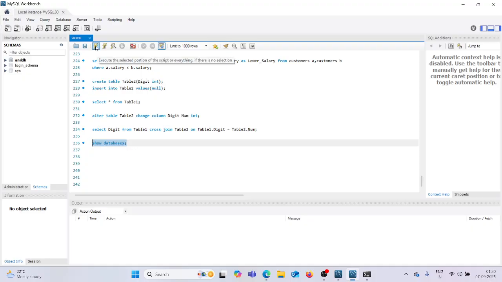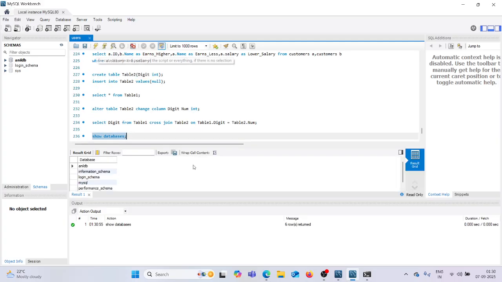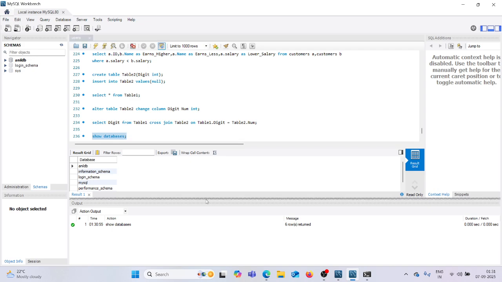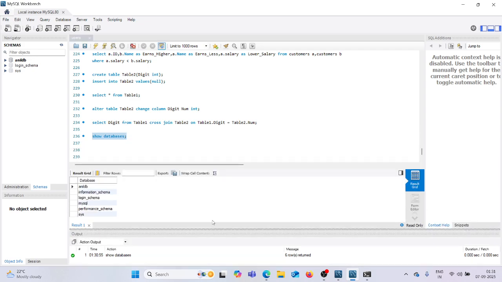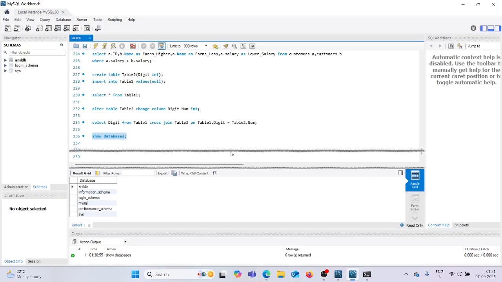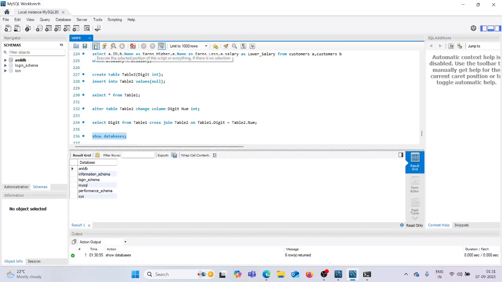Now here also, in the same way inside MySQL Workbench, type show databases and then semicolon, and just execute. How to execute? After the semicolon, go to the top corner where there is a yellow execute symbol, which executes the selected portion of the script, or everything if there is no selection. Always execute through this after writing the queries.